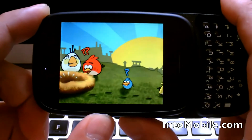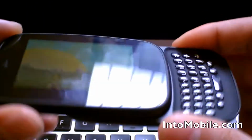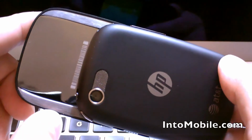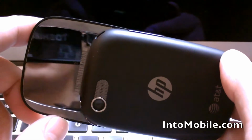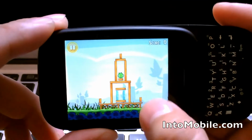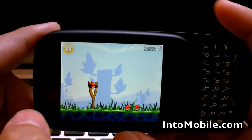I don't know if you can tell, but the sound is pretty good. That's very loud, and that's coming from this tiny little speaker here. There's a reflective face there. So here we go. Alright, that's all fine and dandy. Just,